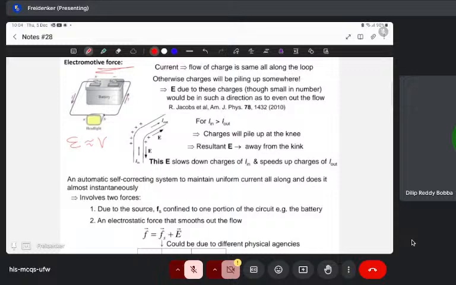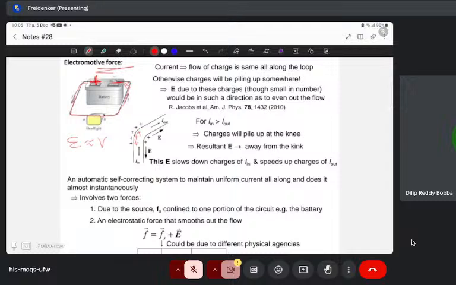What is in this picture? There is some potential difference. There is some positive potential here and negative potential here. Hence, there is a potential difference because of which current will go from positive to negative. What they're telling in this slide is there will be no piling of charge carriers in any place in the wire. Piling up in the sense no charges will go and accumulate in any place, no corners or anything, because